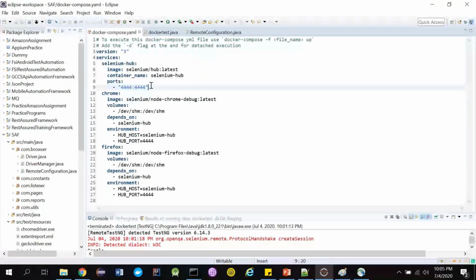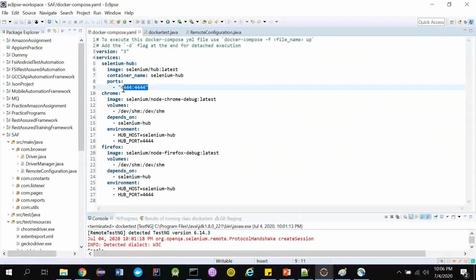Yeah, and if you see the indentation, the indentation is 4 spaces. So it means it has 3 services. One is Selenium hub, one is Chrome, and one is Firefox. And if you have another 4 spaces inside that, it means these all belong to this particular Selenium hub, guys. The indentation is very important, so you need to be very careful. And again, notice one thing: for these two I have directly put a colon and used them there, but here I have used a hyphen and then given it like this.